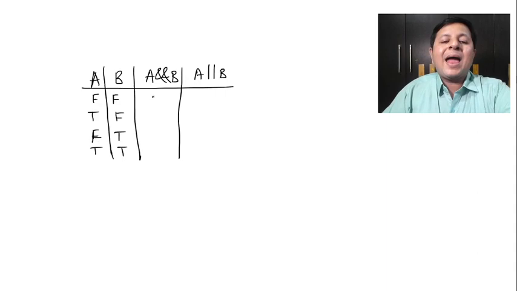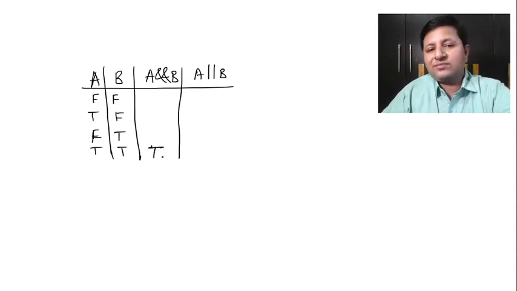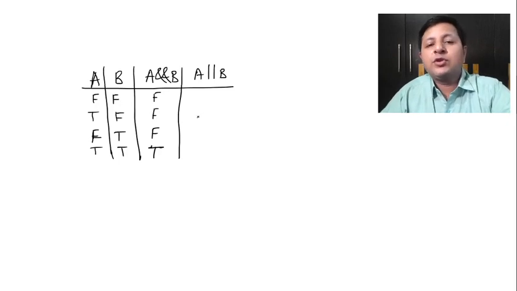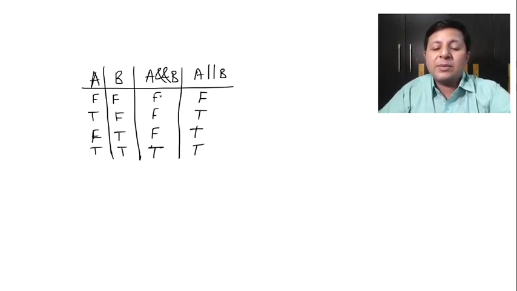Okay, now AND is very strict. Only when both of them are true, it's going to give you true. Rest all will be false. So for AND, both the sides must be true, then only you'll be getting true. Whereas for OR, even if one of the side is true, it's going to give you true. Only when both of them are false, it'll be false. So for rest of them, it's going to be true. Understood? So that's the basic concept. Okay, or that's the truth table we can say for AND and OR.